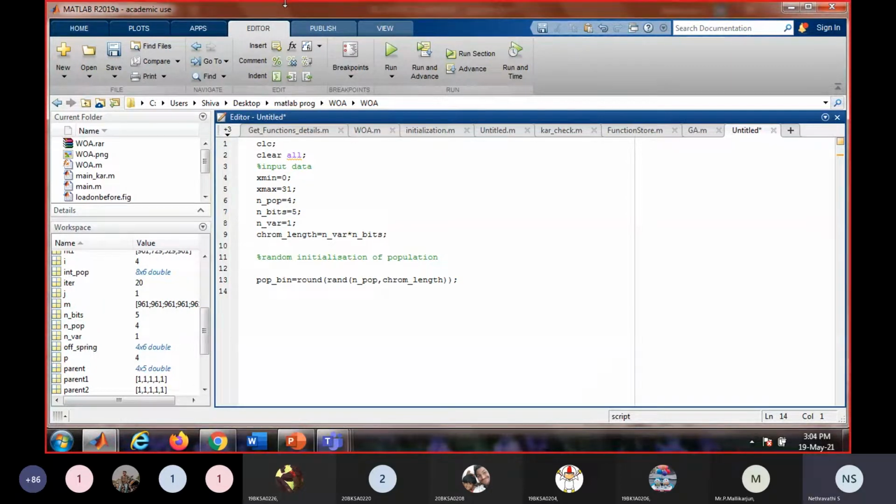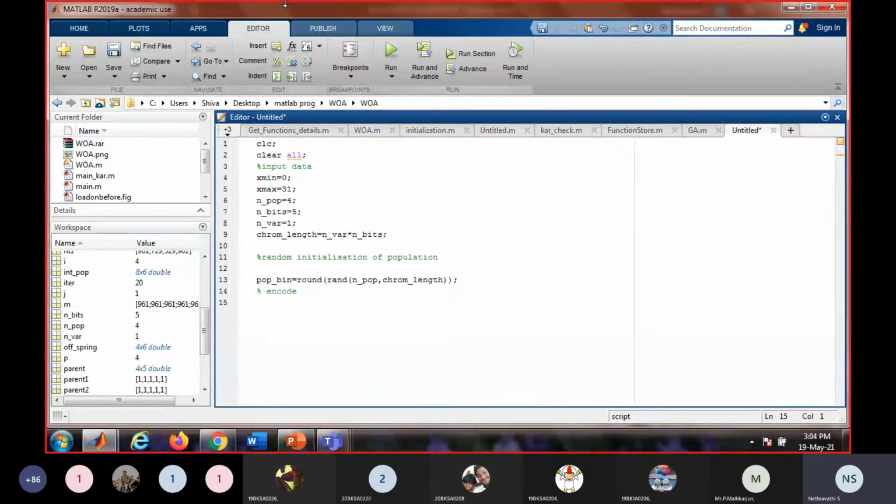Okay, we have generated a random set of population. Next, what we have to do? We have to encode. Encode means we have to find out the x value. We know 2 power 0, 2 power 1, 2 power 2, like that.